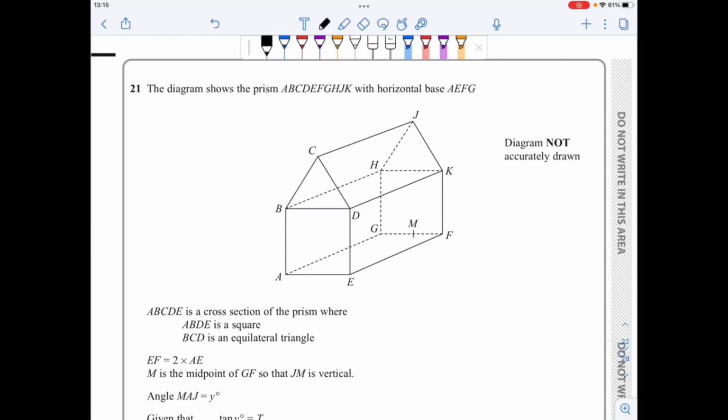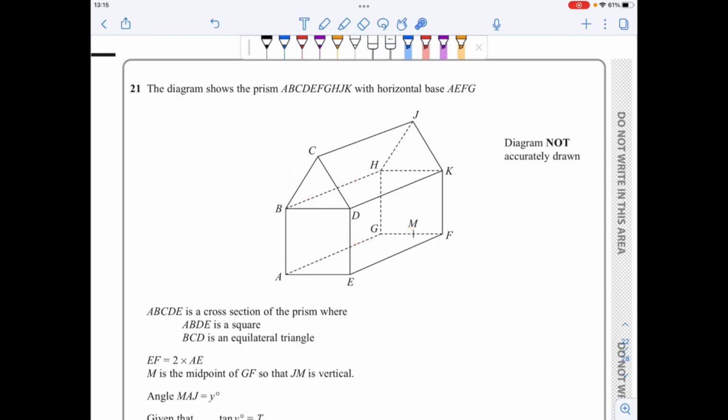In question 21, I'm given this prism. The cross-section is made up of a square and an equilateral triangle. I don't have any dimensions here, so I'm going to use a letter X to denote some of the sides. Now note it is intuitive to use X for the sides of the square and the triangle, but because M